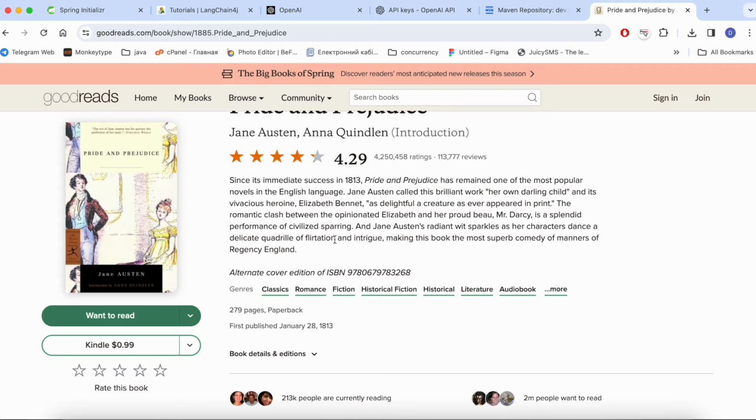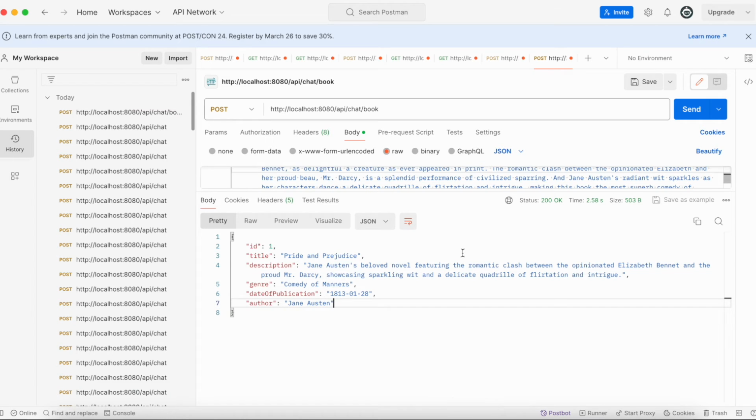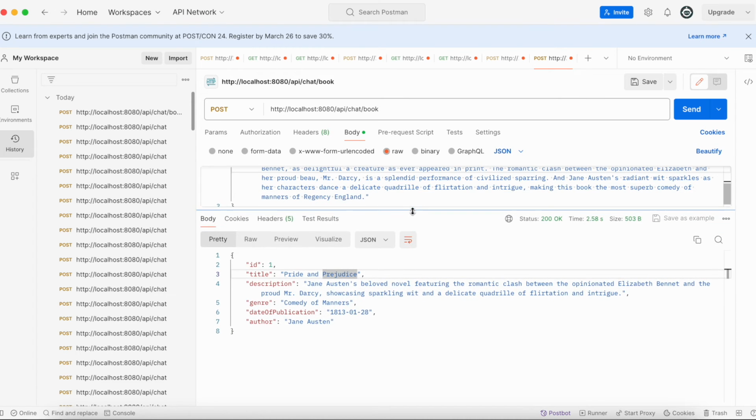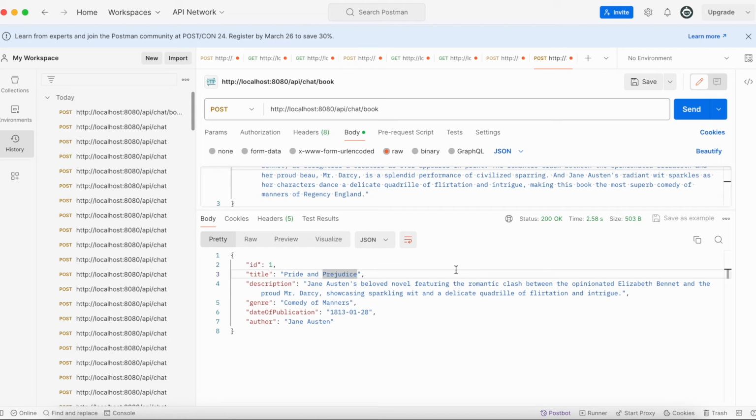Of course, it probably didn't know this information from this text, but as I told you previously, ChatGPT is really powerful, even though we use 3.5 and now 4 is already available. But still, it could get some information from this small description. Of course, you can't be sure of this information because it's just a language model. It can't be 100% right. But as you can see, my point is just to show you how we can return not only strings, but some